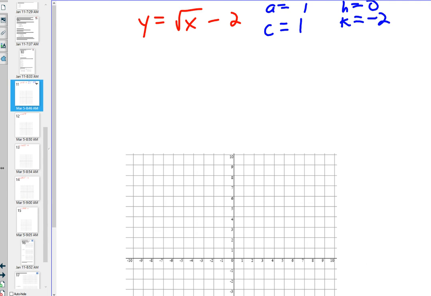Whoa, whoa, whoa. You told me that we have to change the sign. That's what we are doing. If you see it, you should change the sign. That would be